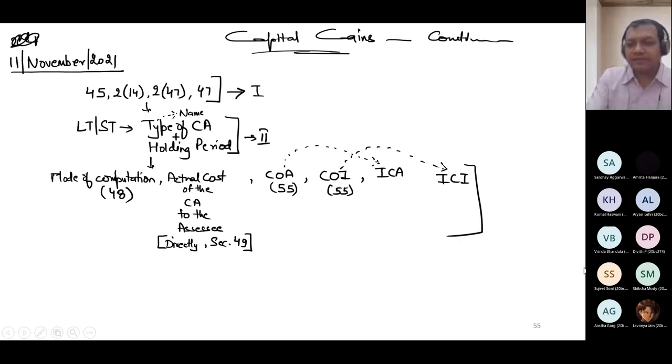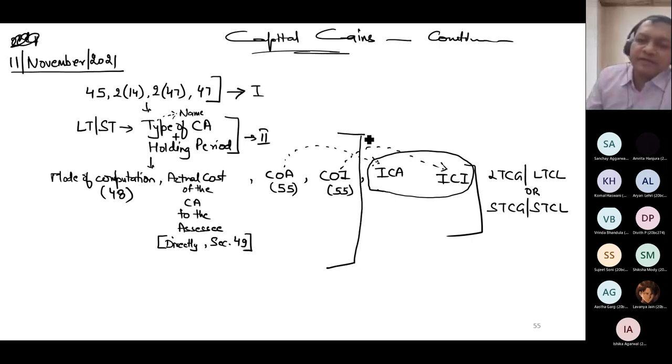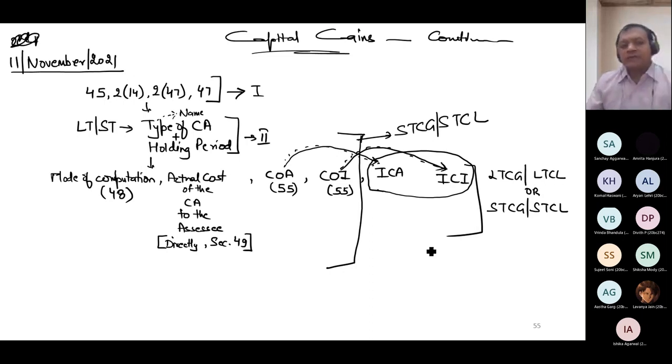This is my third stage, it will tell me the amount of income under the head capital gains. It can be long-term capital gain or long-term capital loss, or it can be short-term capital gain or short-term capital loss. These two are additionally required only for long-term. If I have only short-term, my work is over till this point. Till this point, I will get a decision of short-term. If I have long-term, I will simply extend this additional work. That's it. And this gives me long-term. This is my stage 3.